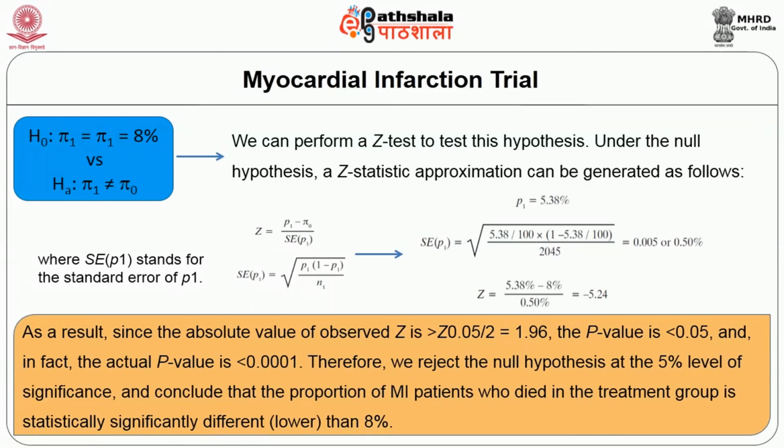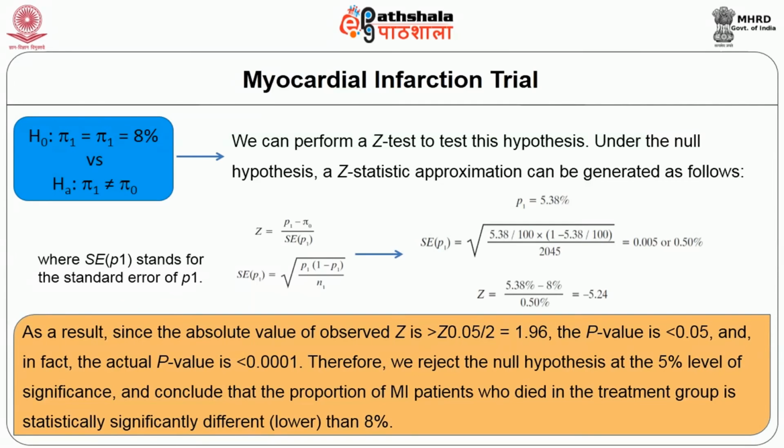The standard error of the prevalence or proportion is calculated using the formula standard error of P1 equal to the square root of P1 into 1 minus P1, where 1 minus P1 is also called Q. That means if 50% have the disease, another 50% are normal, so P is equal to 1 minus Q. If Q, the normals, are 50%, Q is equal to 1 minus P. That is the relation between the normals and the people with the particular disease, or prevalence. Using this formula, if you substitute the values given in the slide in the formula of our Z test,